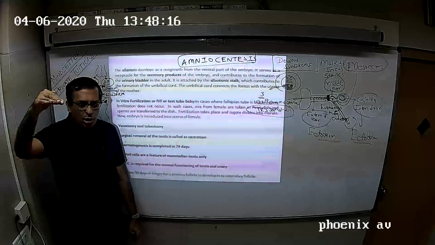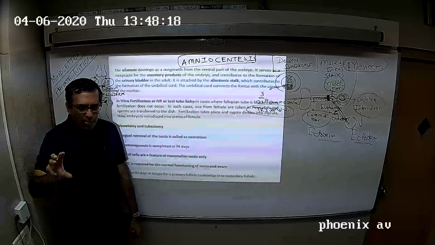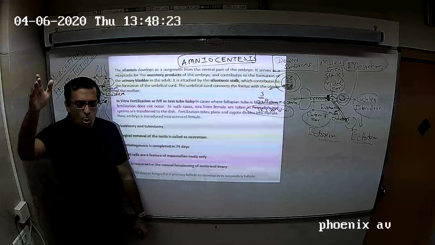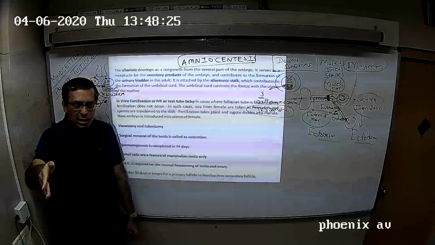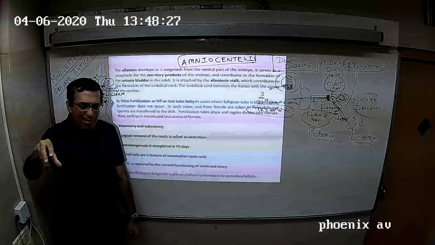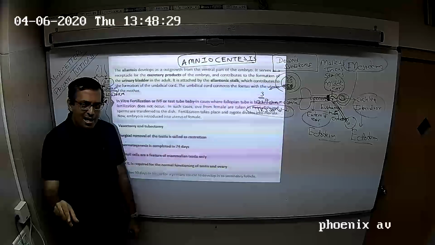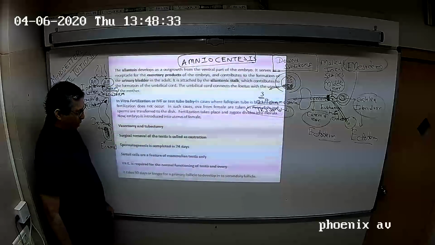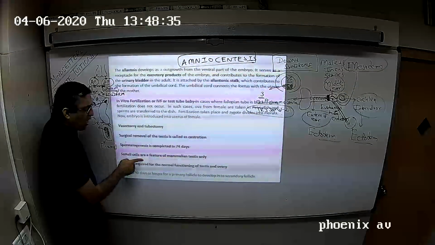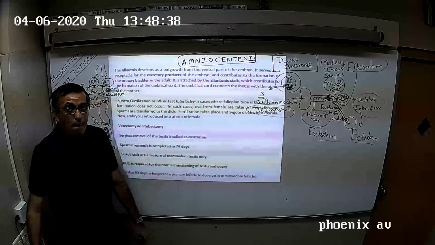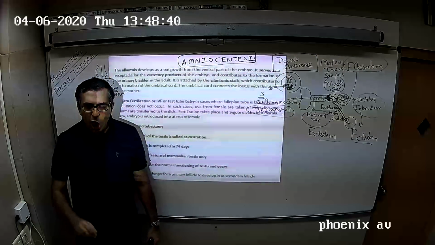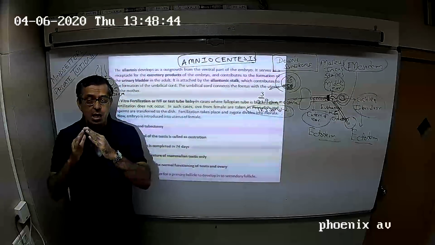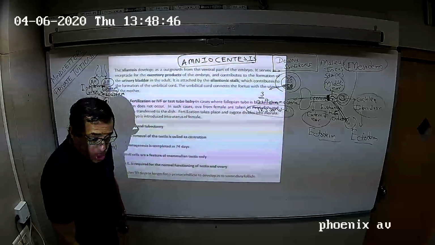And spermatogenesis is completed in 74 days. Right down from germ cell division to form spermatid, and then spermiogenesis to form sperm. What is the time required for germ cells to form spermatogonia, primary spermatocyte, secondary spermatocyte, spermatid and sperm? That entire process takes place within 74 days. And Sertoli cells are a feature of mammalian testis only. So only mammals have supporting nerve cells which are called as Sertoli cells.